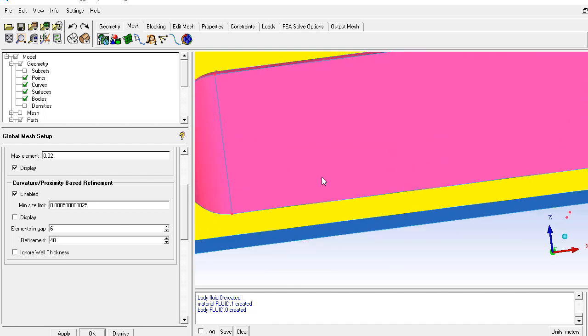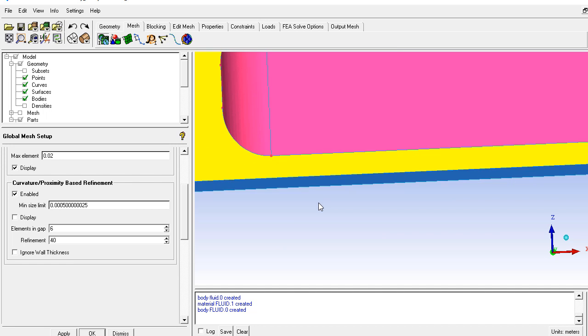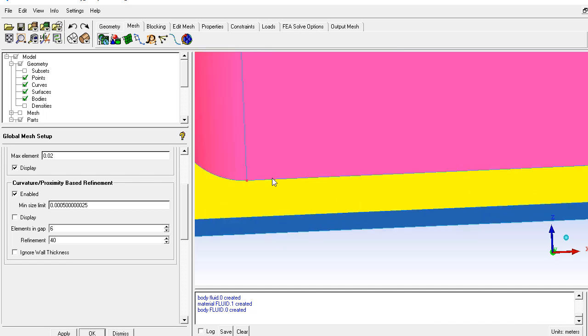Let's say here in this gap we have some size defined, and the size of the element is like this. It means the maximum we can fit here is only 4 elements.